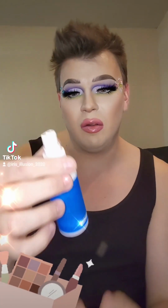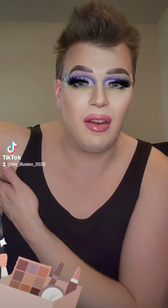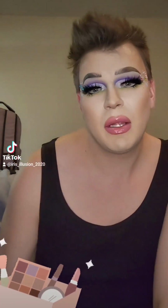I also did try the technique where after you set your foundation with powder, you go over it with a setting spray, which I used this hydrating fix spray from Revolution. It melts the powder back into the skin to make it look more skin-like. But this has been probably one of my better applications in the wild, especially when I've had a lot of